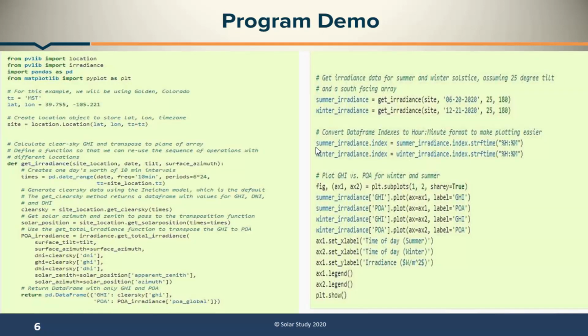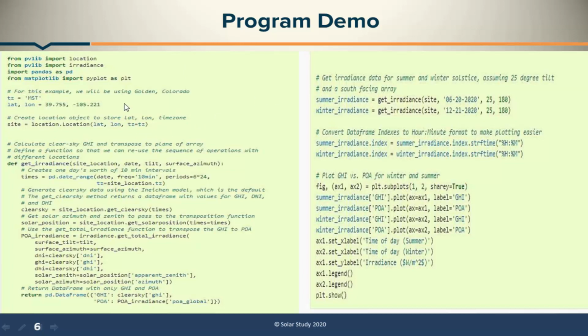Now we will see the program demo. Here we will see how we can get the radiation pattern. I will explain the program demo here. Later we will type this program in an actual Jupyter notebook and run it. So I'm just giving some glimpse of the program.